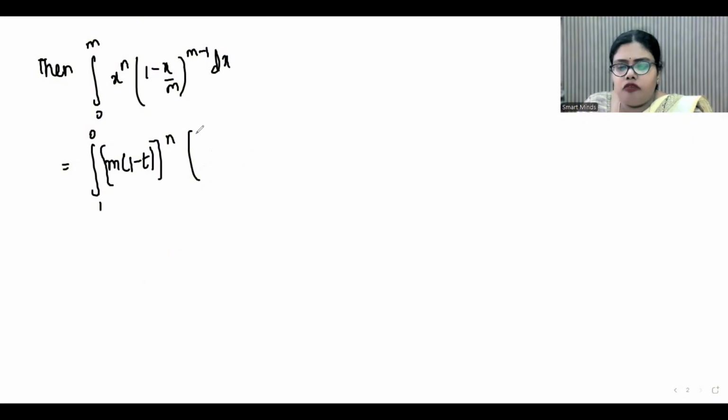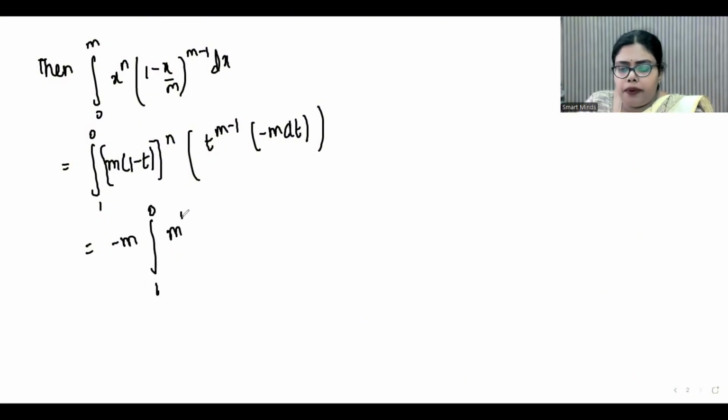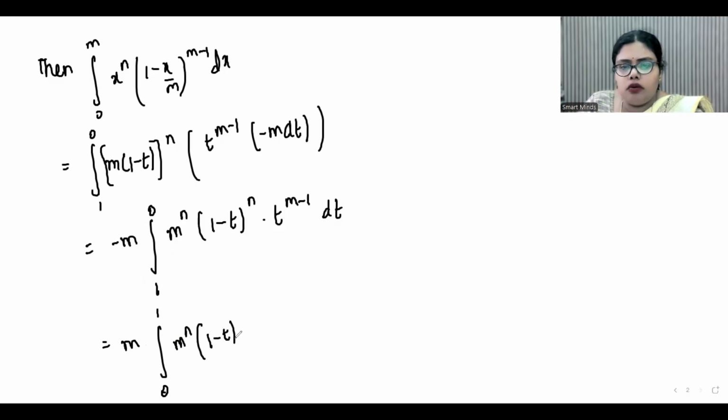Now if you take the LCM, what do you get? t power m minus 1 into minus m dt. That is, minus m we take out. Integral 1 to 0. What is left over now? m power n into 1 minus t whole power n into t power m minus 1 dt. So that is m, if we write outside, integral 0 to 1 m power n into 1 minus t whole power n plus 1 minus 1. Here we are adding and subtracting 1 in the power. So you get t power m minus 1